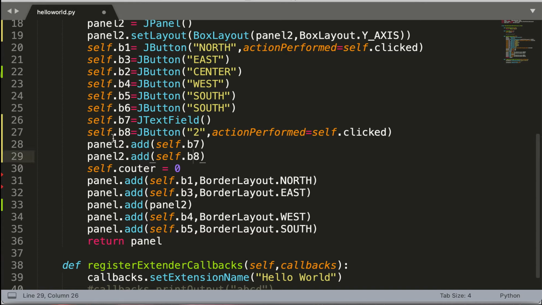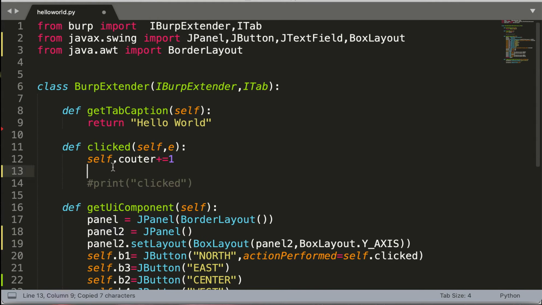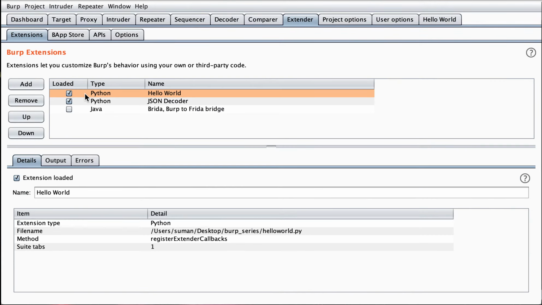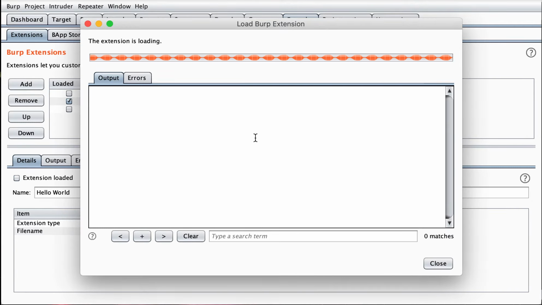Where is the line? JButton, JTextField, yes. So it would be self.b7.text equal to self.counter. I'm copying this and pasting it here, and I'll be reloading this extension.